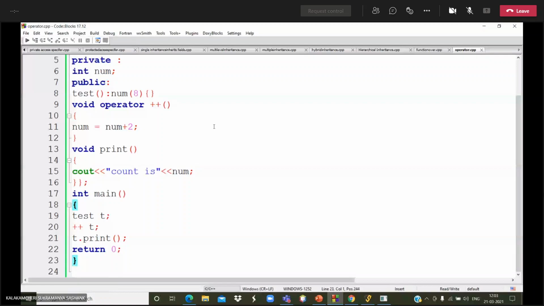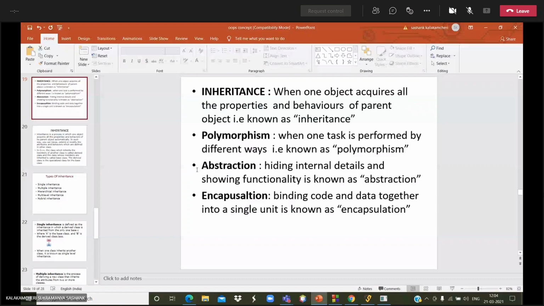Then inheritance is completed and polymorphism is completed. Then abstraction. What is meant by abstraction? Abstracting the data. Abstraction is the process to hide the internal details and show functionality. In abstraction, there are two types: abstract class and interface. Abstraction using classes means, with the help of header files, I am abstracting the data. We can see how with an example.